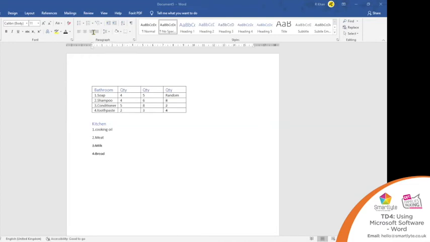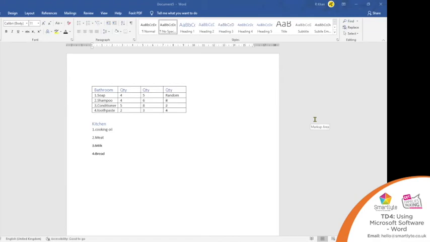Now, let's say I'm editing this document with one of my colleagues and I need to leave them comments. I want to change something in here, but I want my colleague to review it and read my comment so that she can think about it and maybe make her own changes or leave me a comment. All I'm going to do is come here to New Comment. And let's say, editor title. Then I will leave it here. As you can see now, I haven't edited the document, but I've left a comment on the side